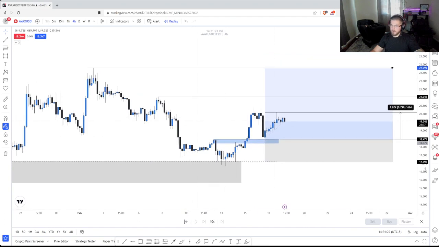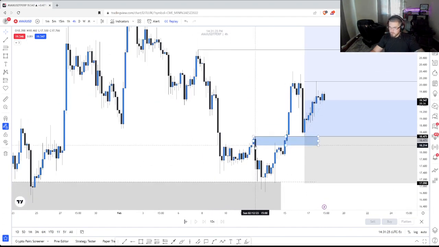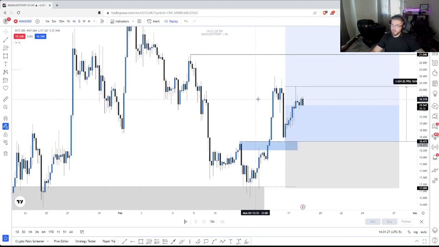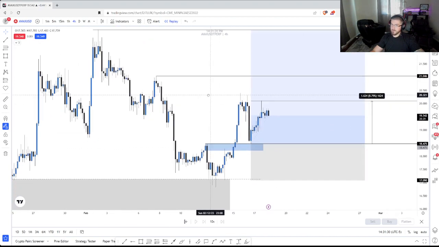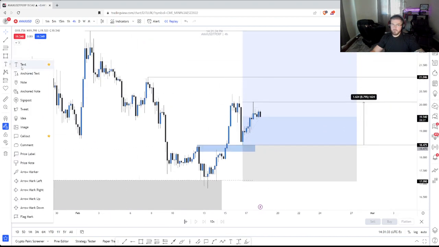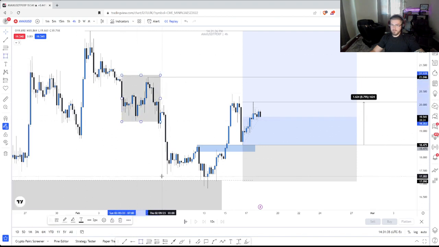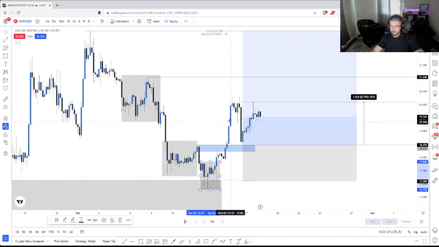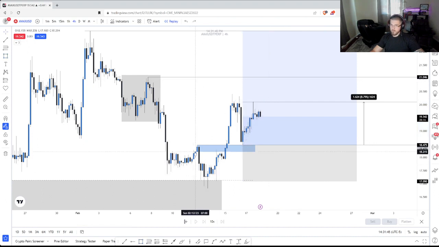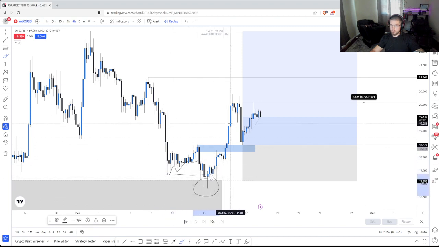So we hop in the 4-hour and see, okay, where was the breaker here? Because we know that we have somewhat of a market maker sell or buy model here. And we have an original consolidation, a run to support, smart money reversal, expansion. Here was our accumulation, and now we're pricing our reaccumulation here. But we're going to look for breakers in that run to support leg of the market maker model. So price came down, we consolidated, took out liquidity into a price over array, engulfed, and then you can see